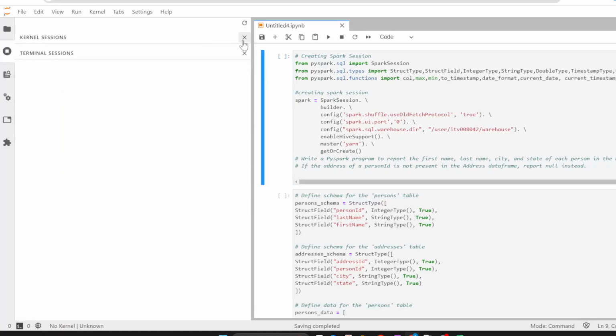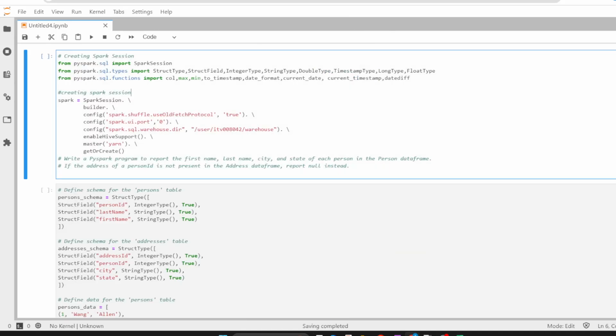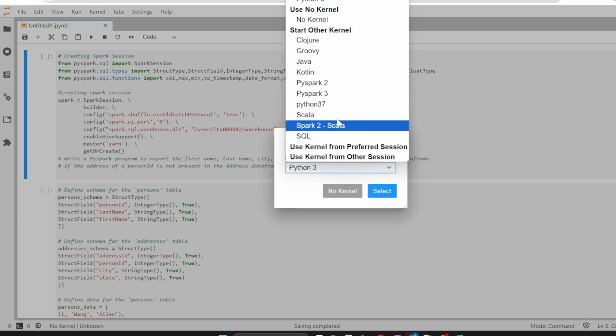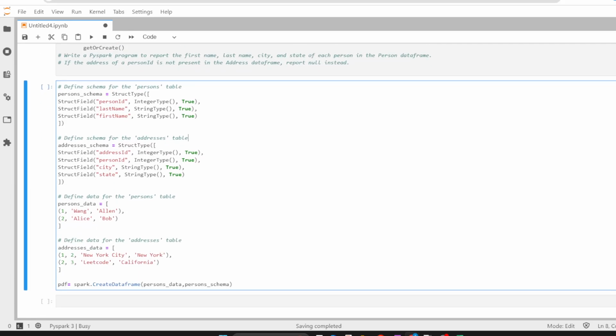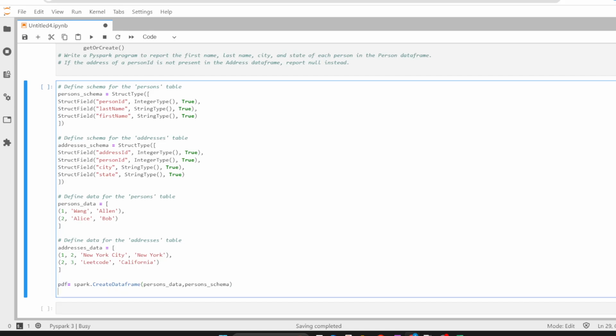Let me shut down the kernel. Let me execute PySpark. Yes, execute the first statement, and let's see person df dot show. The same way we want to create